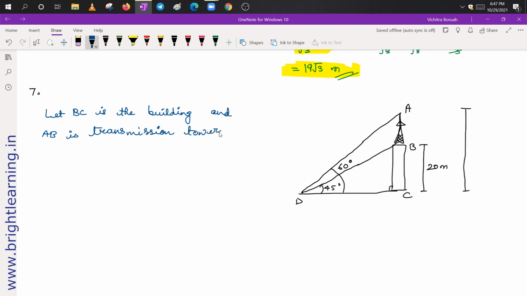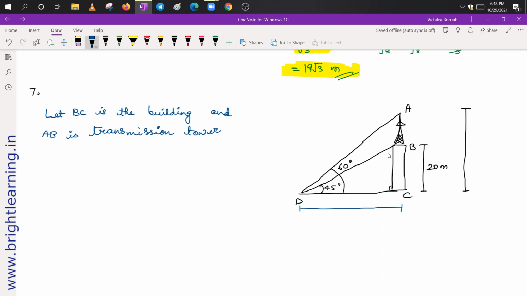Okay. So now to find this length, that is this whole length, the length of AC, you will need one more length, that is BC. We already know the angle and we need to find the length of one side, any one side. So for that, first we will find the length of this side.